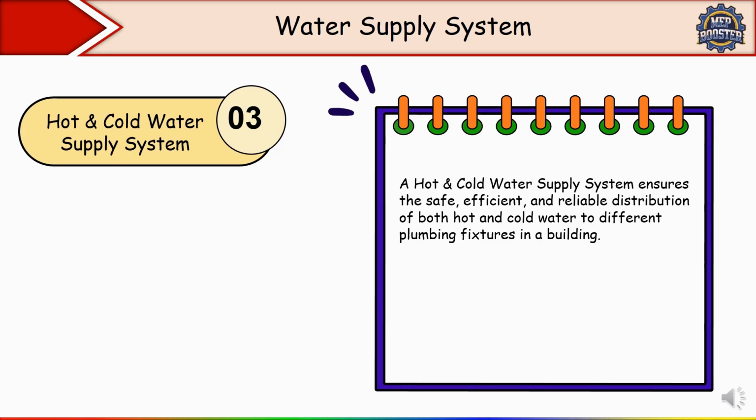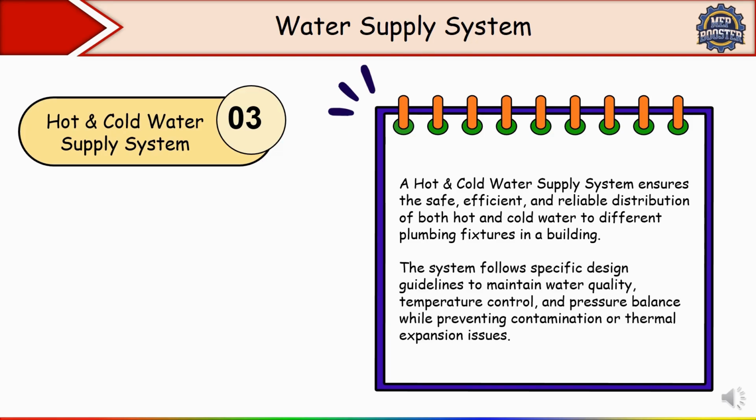The water enters the building either directly from the municipality mains or from a storage tank. It is distributed through cold water pipes to different outlets such as sinks, showers, toilets, dishwashers and washing machines. Pressure regulators, filters and backflow preventers are installed to ensure safe and efficient operation. So the system follows specific design guidelines to maintain water quality, temperature control and pressure balance while preventing contamination